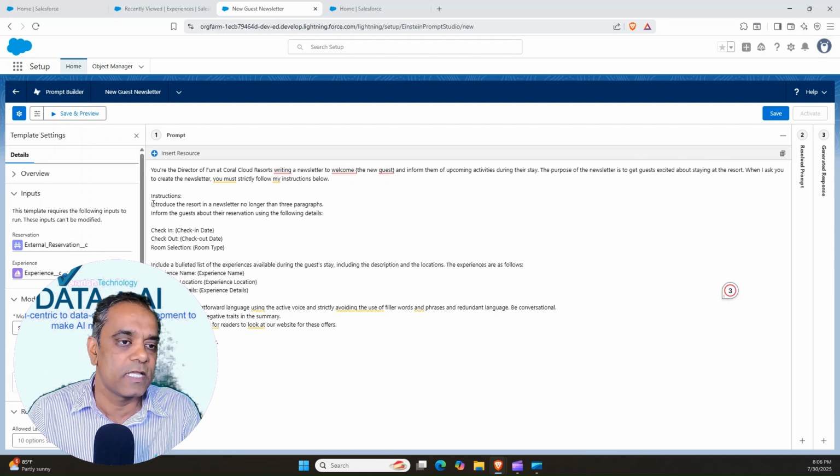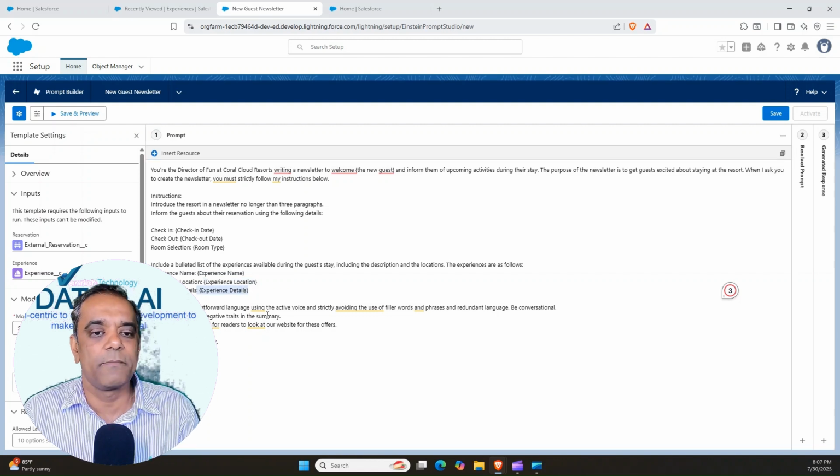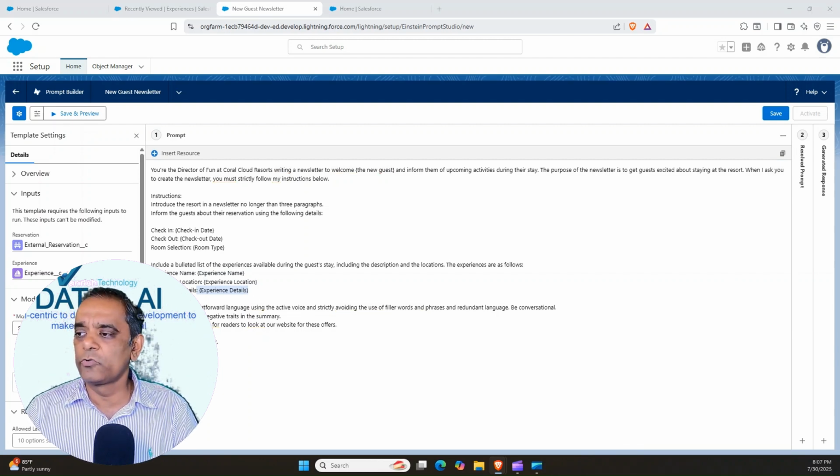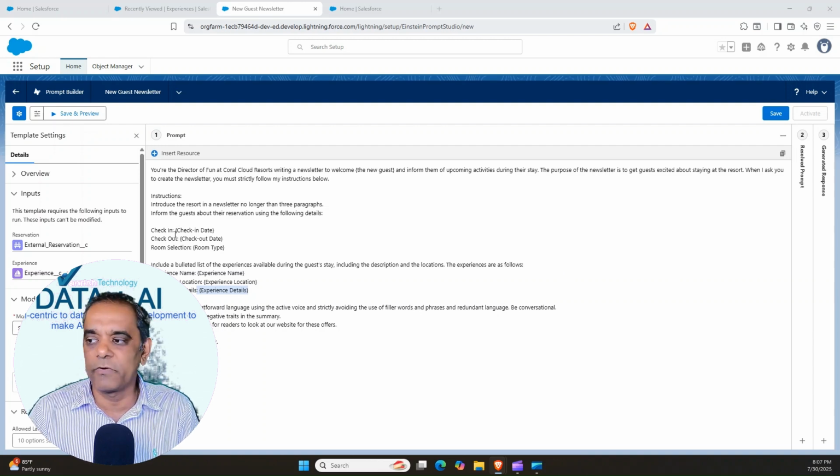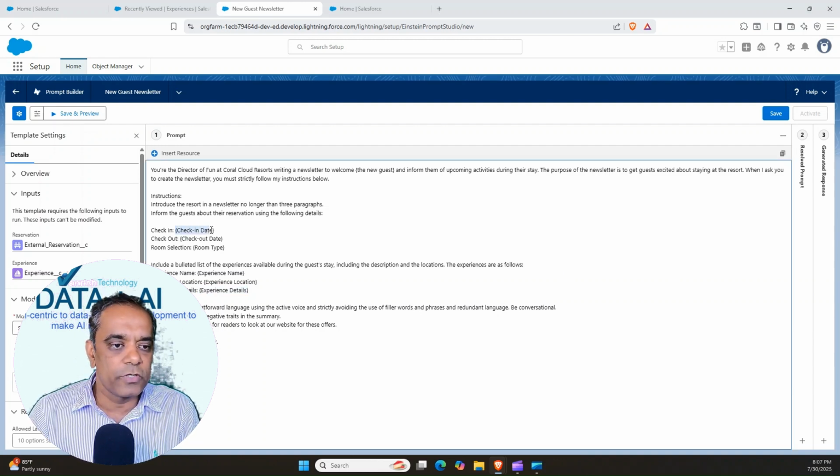Now if you notice, I created the prompt, I gave the instruction, and these are the placeholder fields I created: check in, check out, and room type. And the same thing for experience name, experience location, and experience detail. That's what I gave as placeholders for this prompt. Now I'm going to replace these fields. I'm going to merge a field for each and every placeholder over here. So now I'm going to replace over here